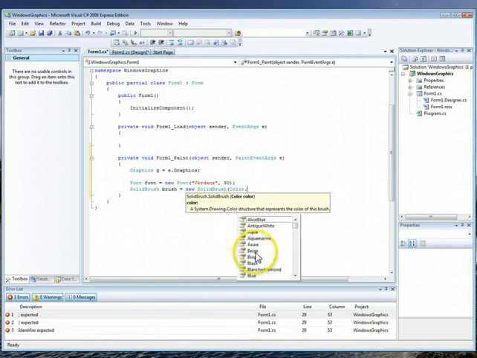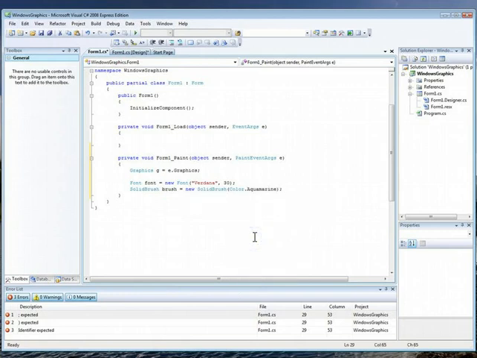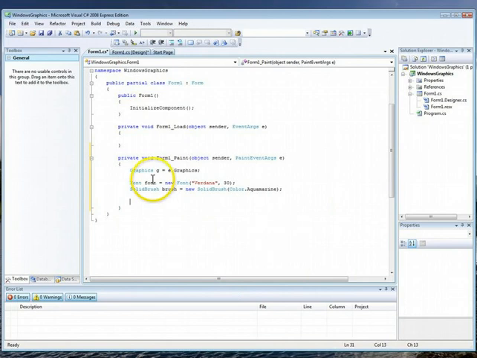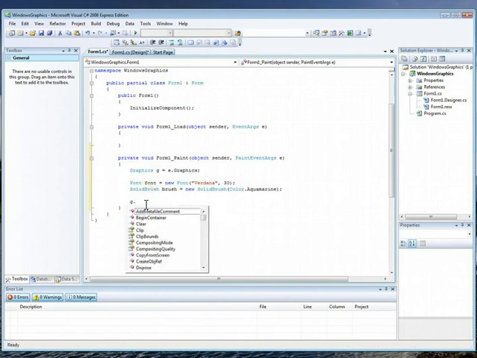I'm going to pick aquamarine, and then you press semicolon. And I think we're ready to finally put something on the screen. Now I told you up here, this is the thing that makes all the graphics work, and I called it G. So to make something show up on this screen called G, I'm going to go G dot, and then